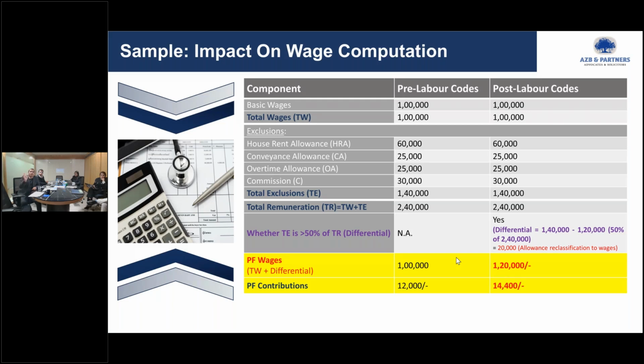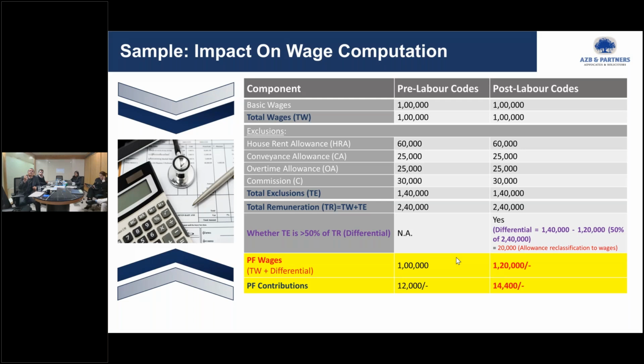So PF wages for me, on which I have to compute, is only 1 lakh rupees. What the post labor code is saying is, by the way, if your total exclusion, which is 1,40,000, is more than 50% of your total remuneration, which is 2,40,000 in this case, 50% of 2,40,000 is 1,20,000. So what is the extra that is getting figured out here is